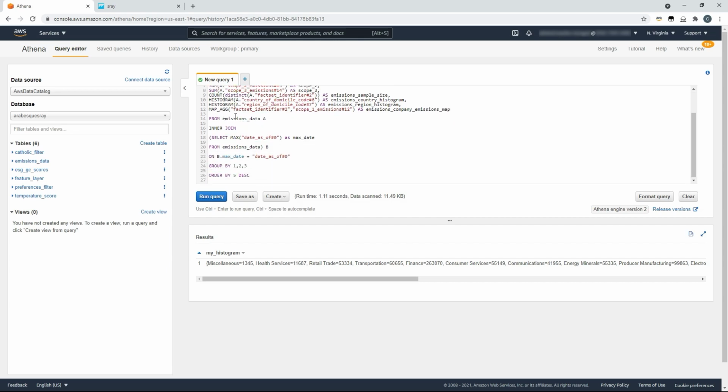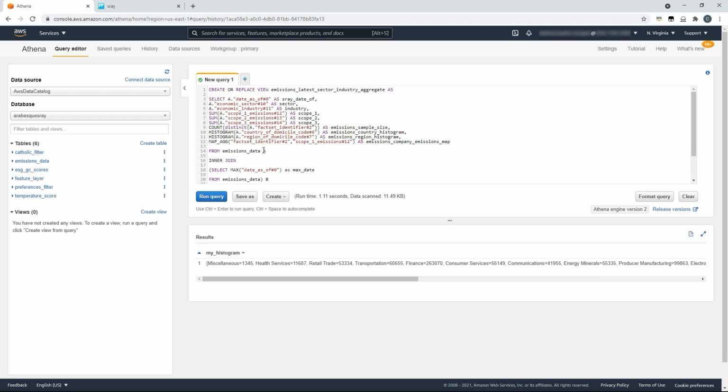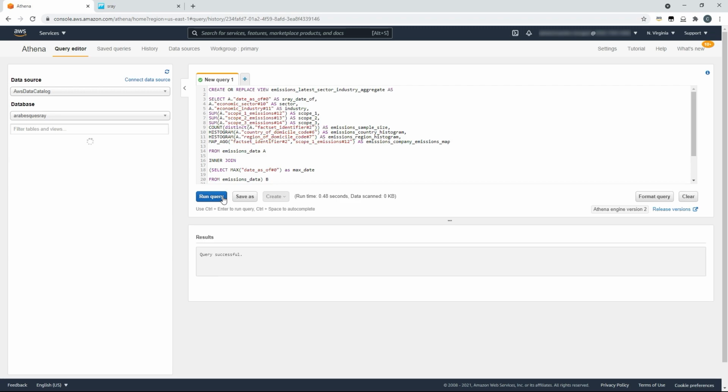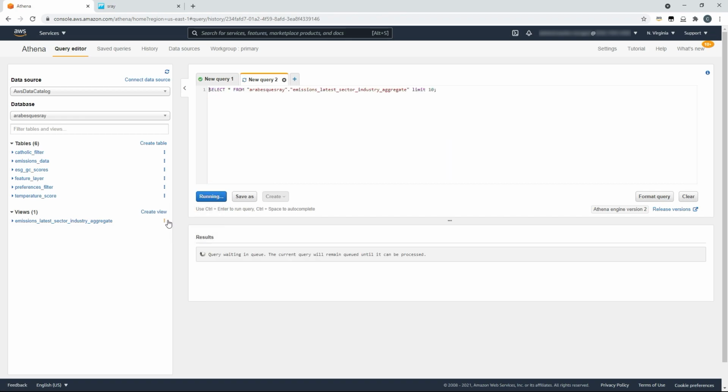We're going to get that data from the emissions data table, but this time we're going to conduct an inner join. And that inner join can be seen here, and what this will do, we'll select only the max date within that data set and return only the maximum date from the primary emissions data set. You'll now see that that query is successful, and we can see a latest sector industry aggregate view over here on the left. If we wish to see the content of that view, we can select the three dots and